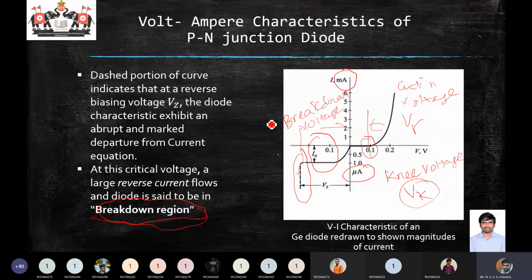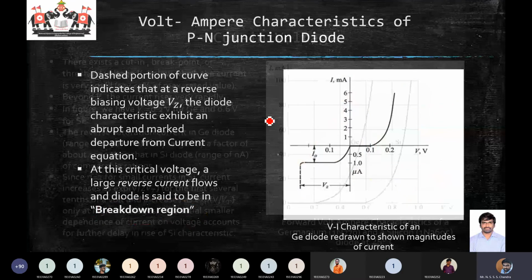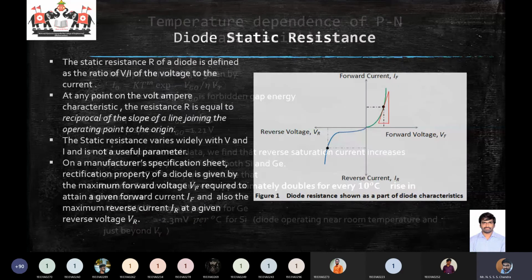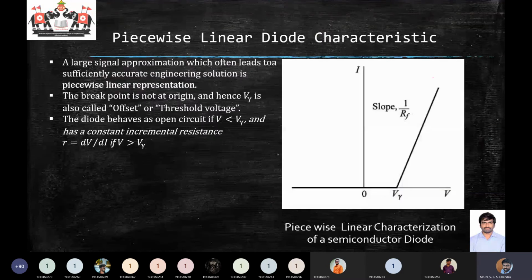In a linear model, instead of writing this exponential curve, we'll be considering it as a linear curve. So linear curve means we're considering it as if the dynamic resistance is not a varying value, but a constant value. It's as if we are taking a straight line in place of an exponential curve. It's only an approximation. Okay, it's not the exact curve. So for this, the slope is always constant. The slope is nothing but the inverse of the resistance.